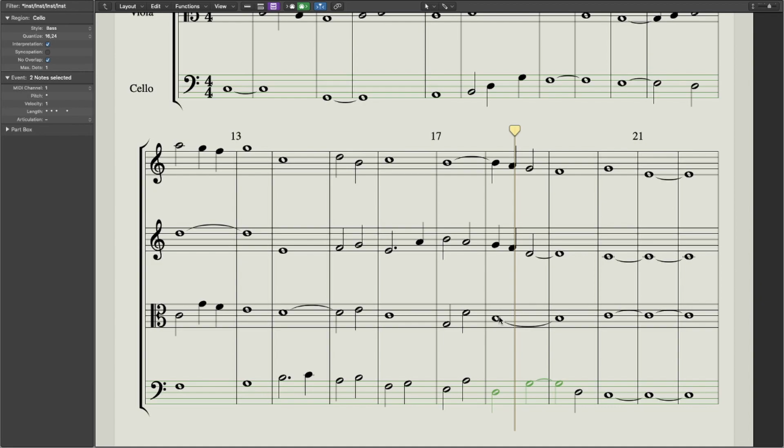Parallel thirds is fine, because moving in thirds is lovely. It's quite chordal, so quite homophonic sounding, and in sixths as well, so that's compound thirds. But yeah, we can think, okay, if we can't do that, at least we've got thirds, and it's a good way of strengthening something in a small section, because if we've only got four parts and